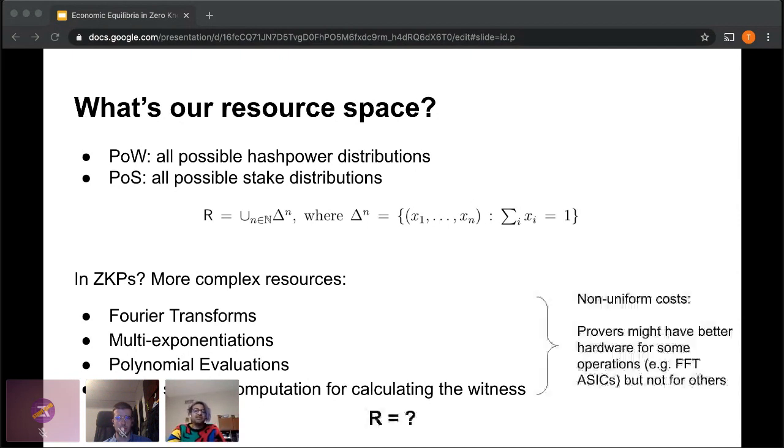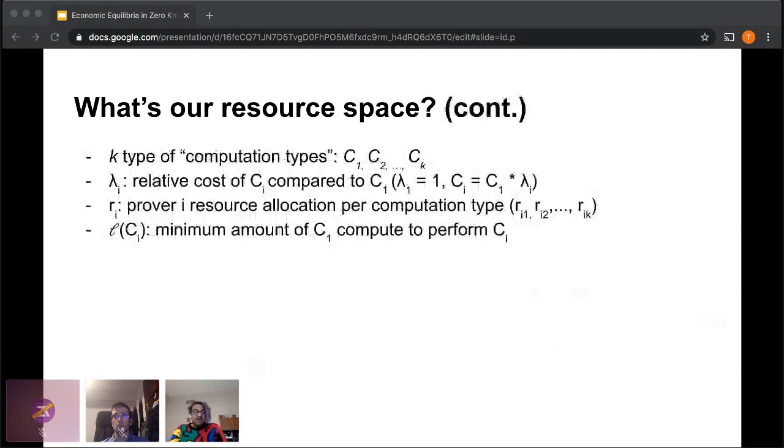These costs are extremely non-uniform. So the resource space needs to account for the heterogeneous nature of the resources used. So what we did is we tried to make the simplest non-trivial model of this. So assume there are k computation types. So computation type 1 might be Fourier transform, something whose